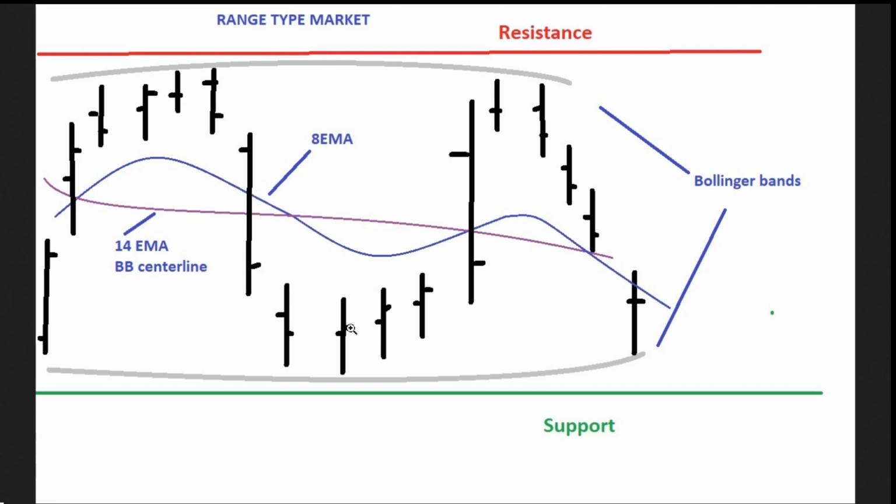You can trade within the range, but also trading the breakouts of the range are very lucrative trades. Sometimes you'll get a false breakout, but in those cases you'll often have a false breakout and then it'll head to the other side of the range. But anytime you can get into a breakout trade, they're usually going to run a long ways, so those are fairly lucrative trades. And you can see in the range what I do, since it's usually going to give you one trade each side of the